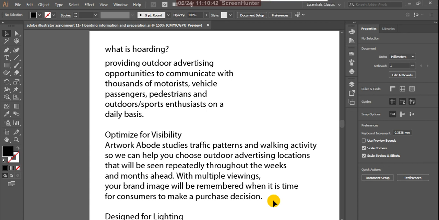So you can follow this, check this and plan your hoarding, on what subject you want to plan. You have to choose the concept and make thumbnails, at least two or three thumbnails on paper. Suppose you are planning vertical hoardings or horizontal ones.